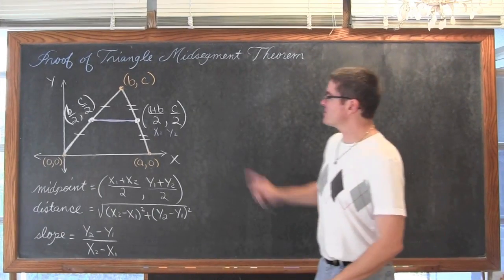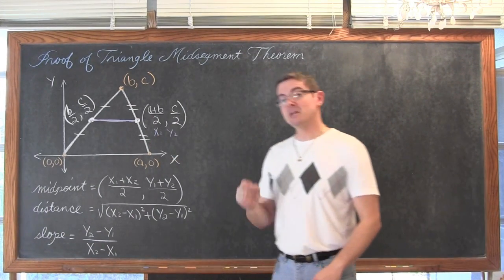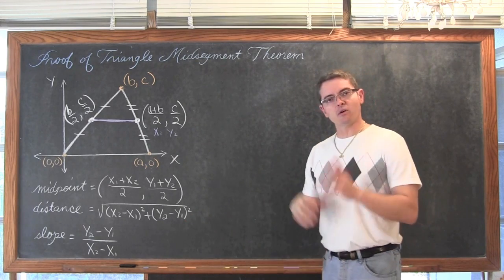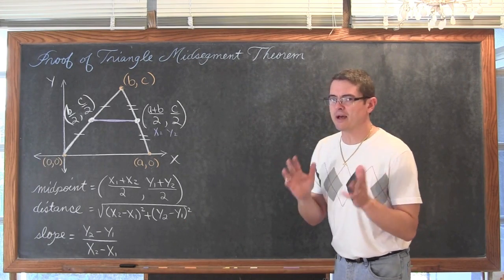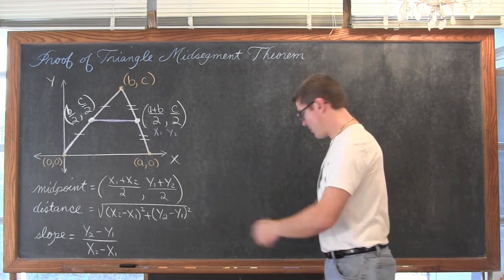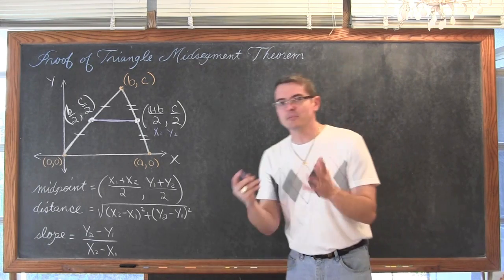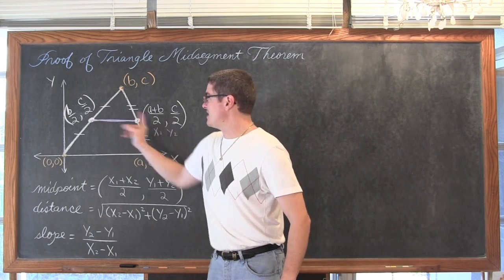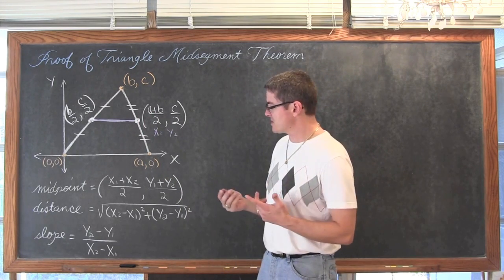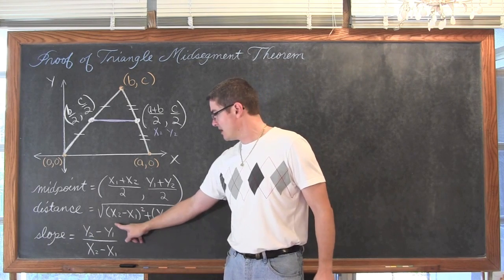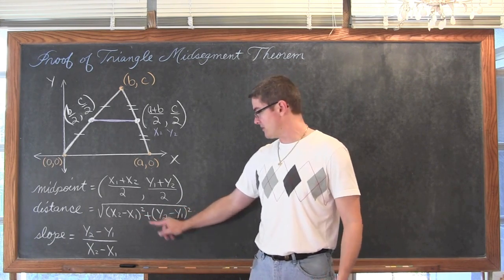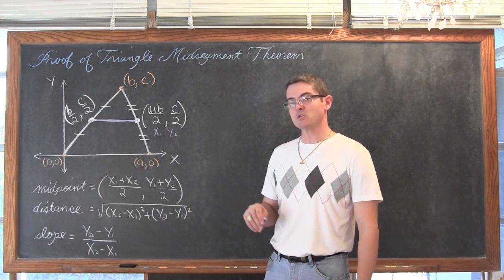All right, let's find the distance of this midsegment. Okay, now it's going to be a lot of fractions again, but they're all going to have common denominators, so it won't be quite as bad. Just relax, keep going on, and don't be afraid of those fractions. They're never going away. So this distance here is equal to what? Well, the distance formula says that I'm supposed to take x sub 2 minus x sub 1 and square it, and add that with y sub 2 minus y sub 1 and square it.